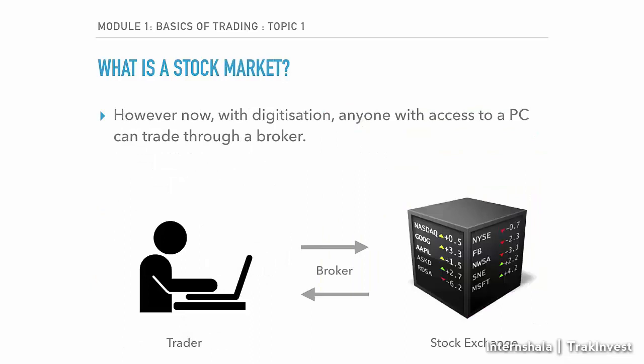However, with the digitization, this does not happen anymore. Today, stocks are traded through a PC where a broker helps the trader trade the stocks with the stock exchange. The broker talks to the stock exchange and enables a trade between various traders that go via the stock exchange. We'll get into further details in the next few slides. For now, just remember the diagram shown in the slide and how this ecosystem works.